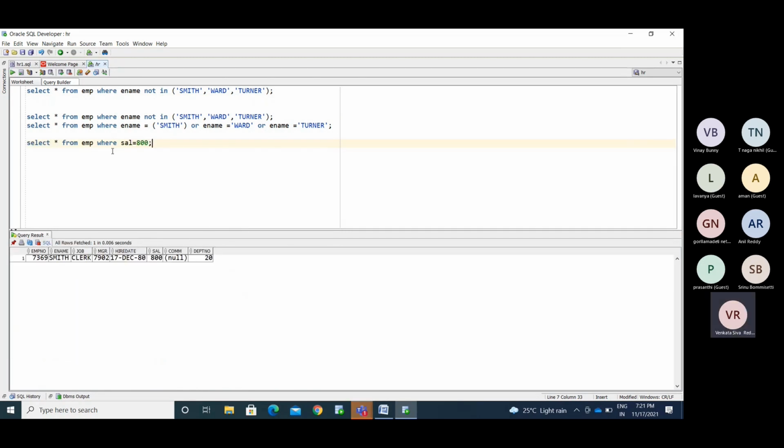Now I am able to retrieve that particular salary. So now I need to find who is earning from 5,000 to 10,000, in between. Which employee's salary is in the range between 5,000 to 10,000? I need to retrieve that. So in that case, we can use BETWEEN.